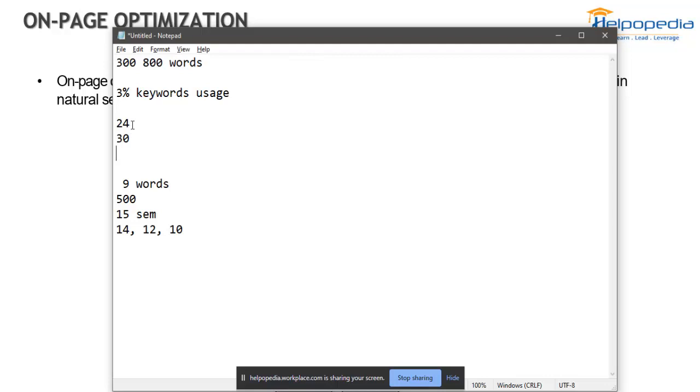Now if we have to use it 30 times and we have used it only 20 times or 15 times, then it will say that you still need to increase your keywords, because it is written only this many times and this much is the minimum required. So this is the keyword usage that we need to know. So in short, 3% of your content should contain keywords. That's it. This is what Google says.